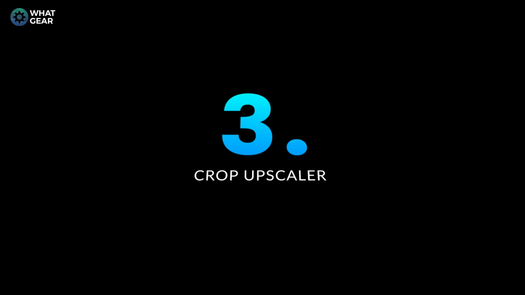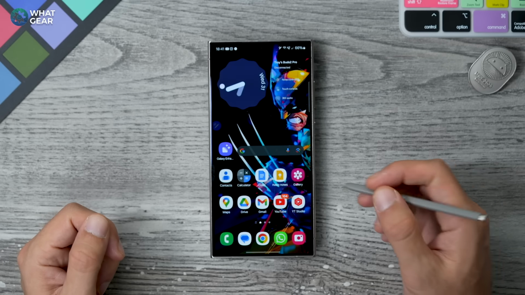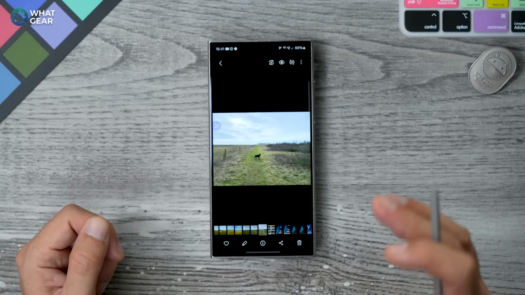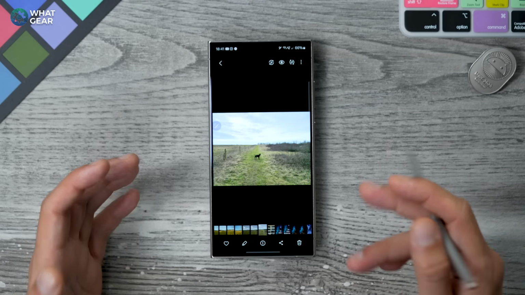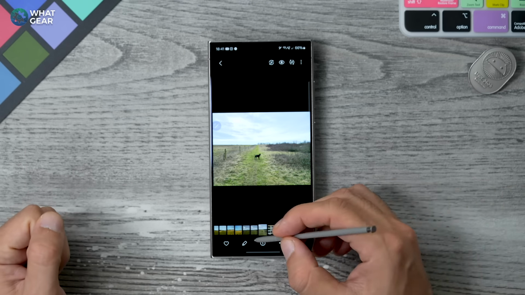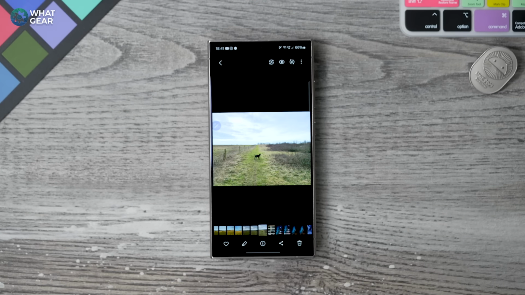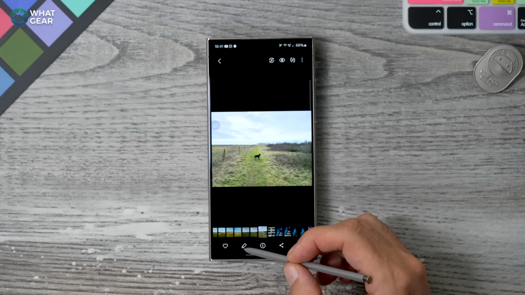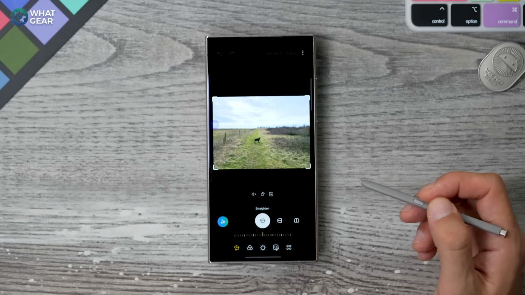All right, tip number 3. You know the Samsung Galaxy S24 series now has more advanced AI. One of the new features is the generative fill around photos, but there's also a new addition to the classic crop feature. So check this out. This is a photo of the dog, AKA the Phantom Menace. If you hit the pen at the bottom here, you get some editing options.